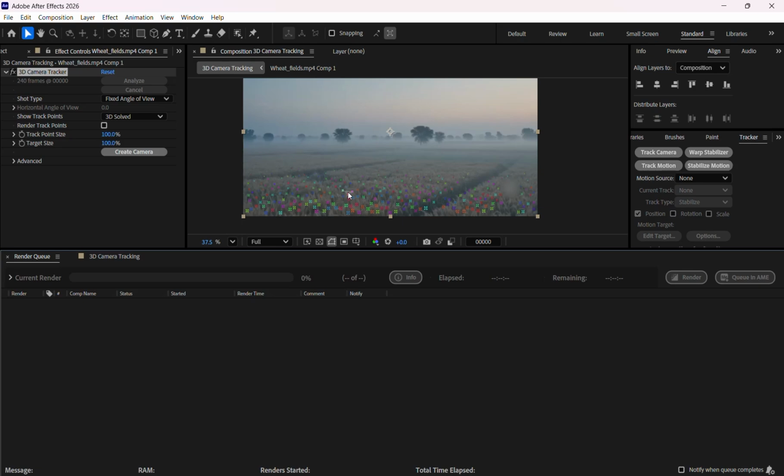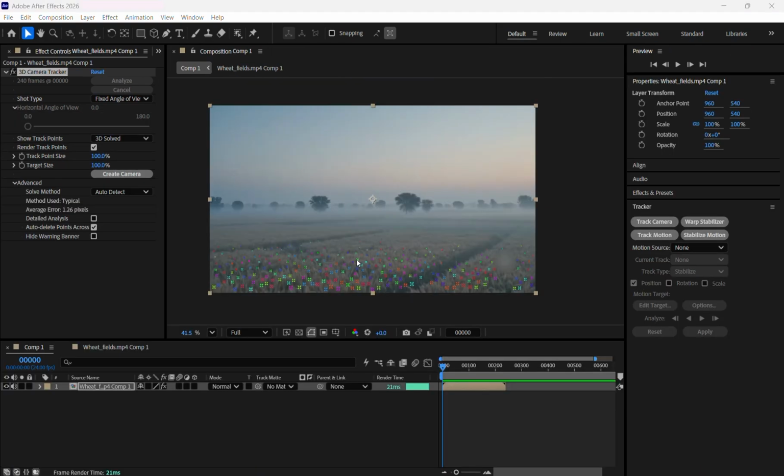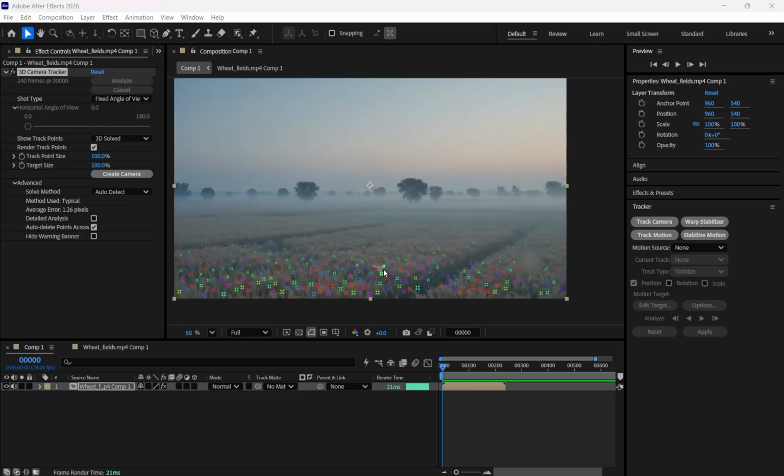If you roll over it, you'll get to see these points are visible. We have something like this, a white frame coming around this, but we are not able to see the red circle which we generally see. So to solve this issue, what you can do is you can increase the target size to something around 400,